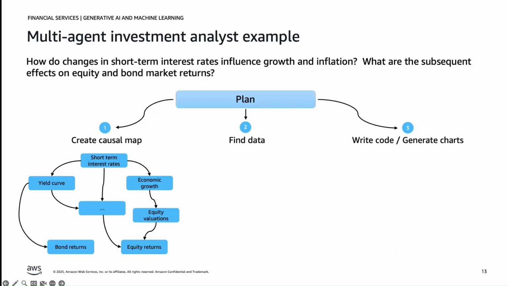So the plan is broken down into three main steps. Step one, based on the question, is creating what they call a causal map. So we're breaking down the question and identifying the data points that are required to provide the insight asked for by the user. So in this case, yield curve, interest rate, economic growth, all those data points that Bridgewater knows they track and have historical data on. And they're breaking it down and also bubbling up the relationships between the different data points.